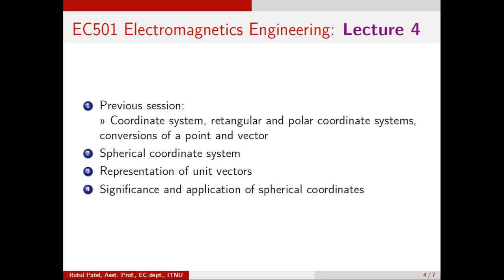So we are going to talk about the extension of the polar coordinate system, which is nothing but the cylindrical coordinate system. The reason we talk about 2D coordinates as polar is that the z component remains the same for rectangular or cylindrical coordinates. So we are going to just extend that idea of 2D coordinates in the cylindrical coordinate system.